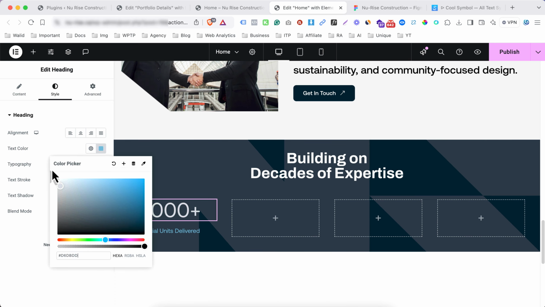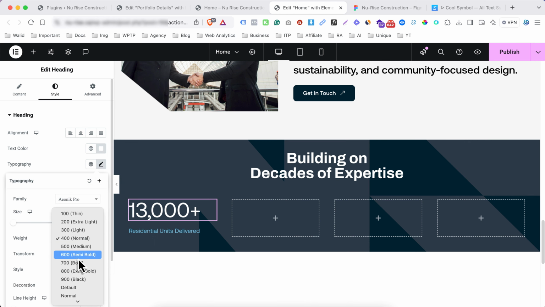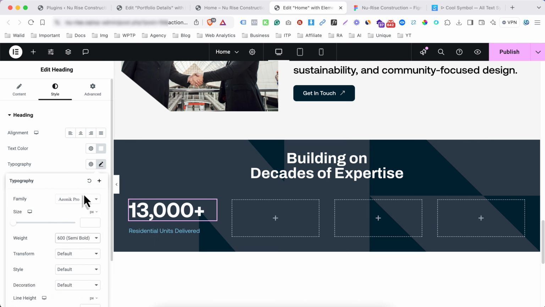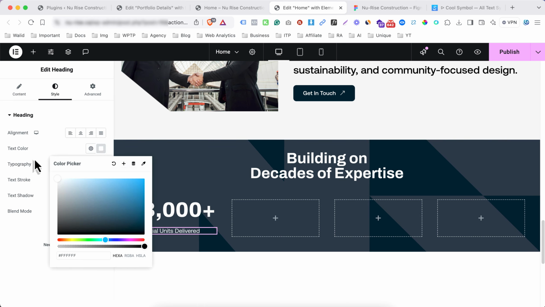So white, font weight will be bold, Archivo 56. Yeah, and here should be white as usual,